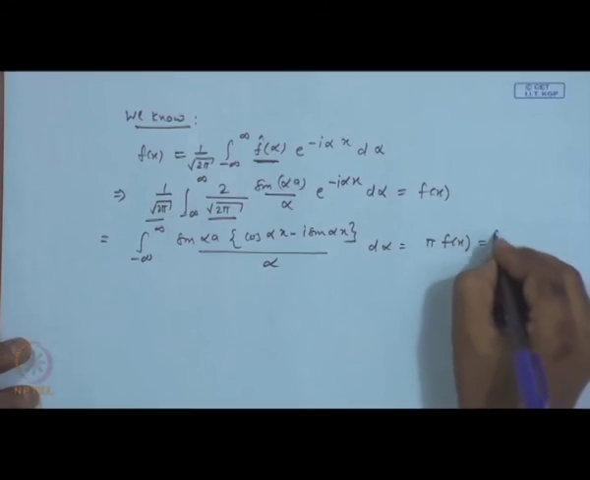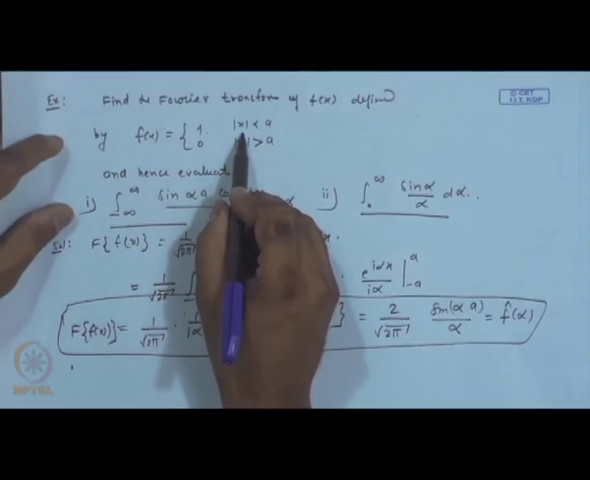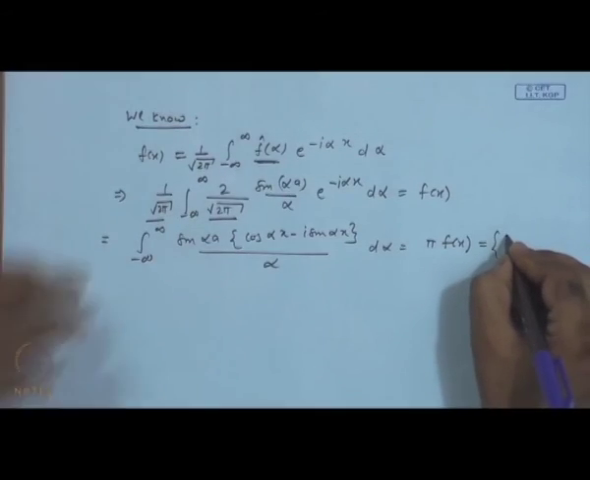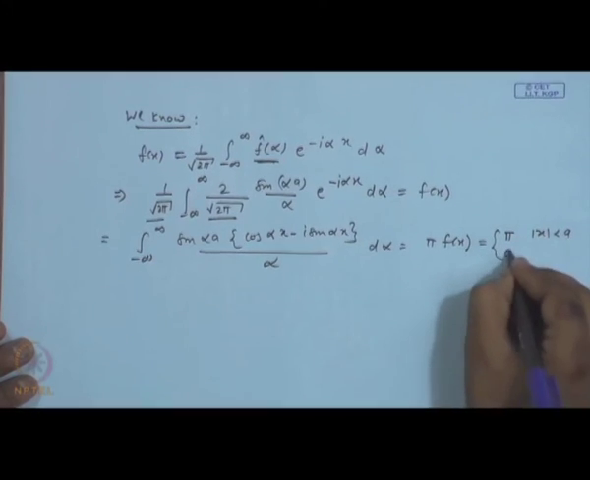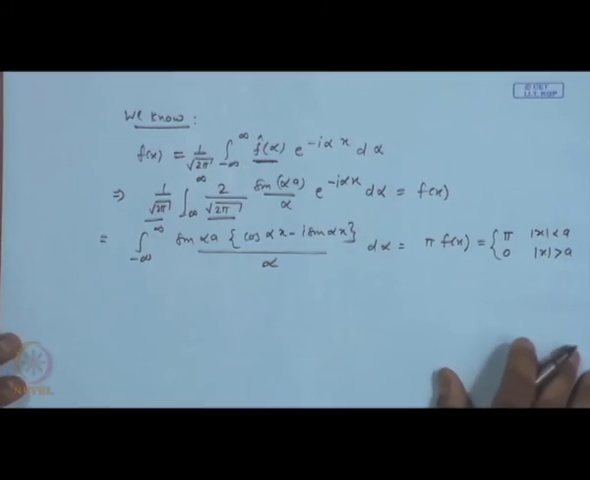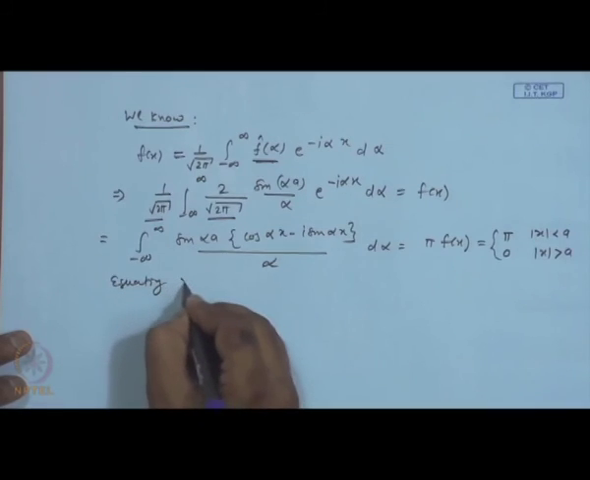And we know already that this f(x) is 1 when mod x is less than a. So this will give us pi simply when mod x is less than a, and this will be 0 when this absolute value of x is greater than a. Now we equate the real part,